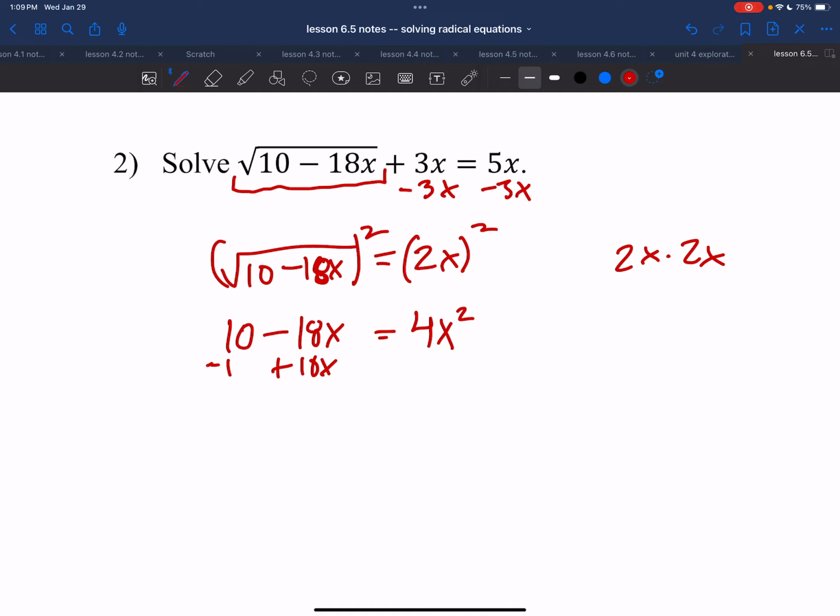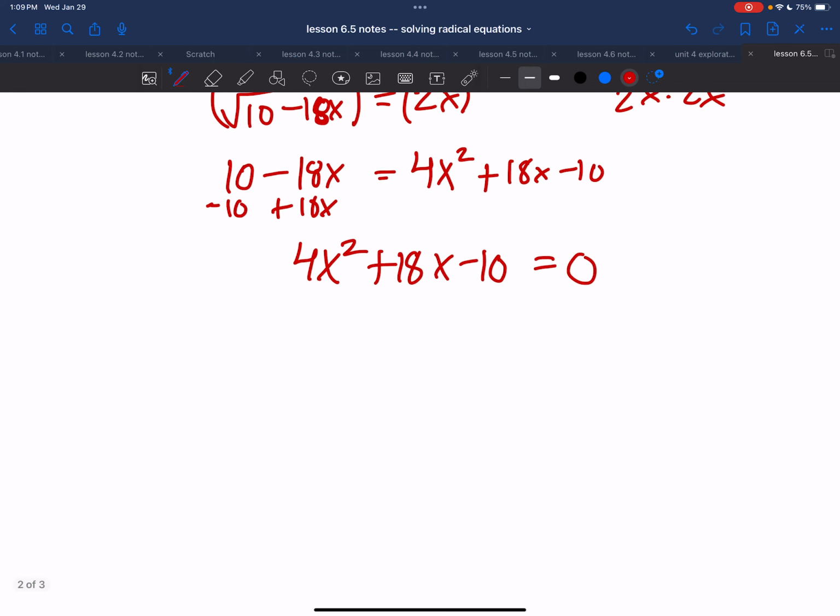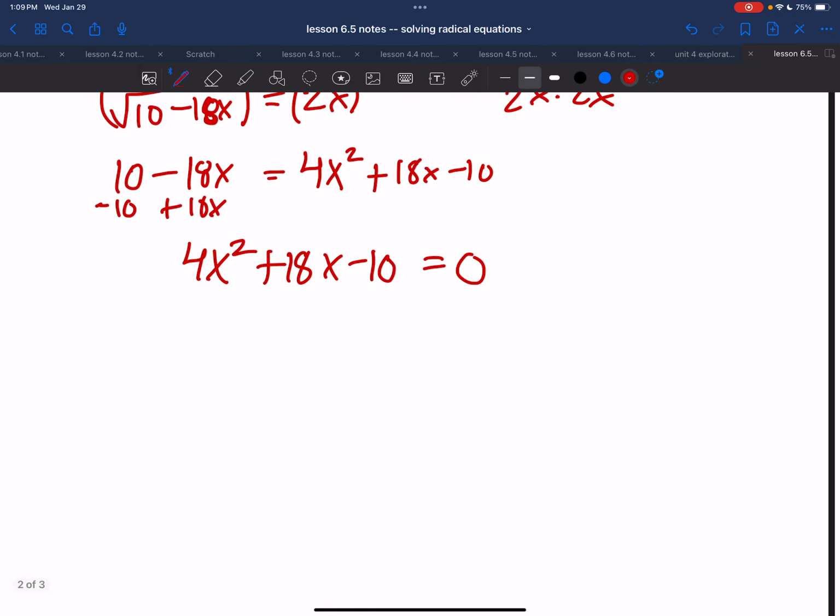I set everything equal to 0 and I factor, if possible, right? If possible. What that means is 4x squared plus 18x minus 10 equals 0. And of course, if I can't factor, you'll have to use quadratic formula. And you can thank me for giving maybe 1 or 2 of those on the homework. You're welcome. Where you can't factor, you have to use formula. Okay. Anyway,